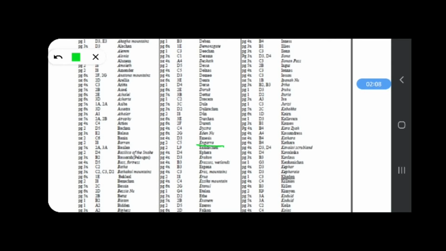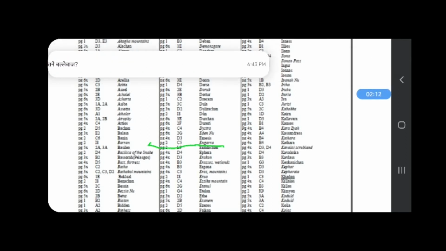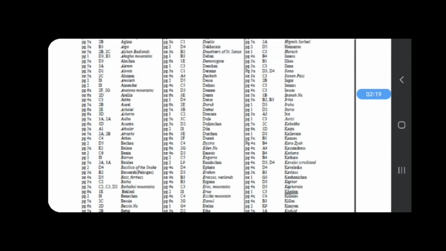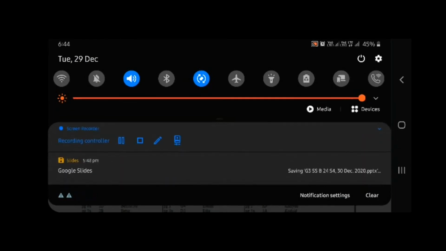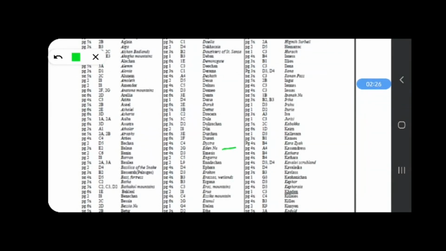We will see that this place is located in page number 2, L9. Let's do this again. So we can see that this place is on page number 6 and grid is 2G, and this place is on page number 2 and grid is C5.